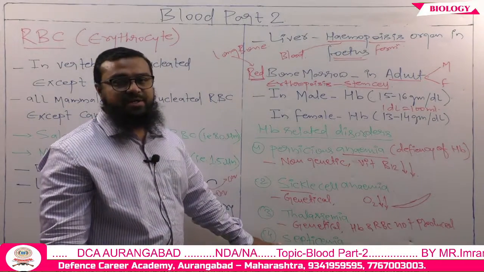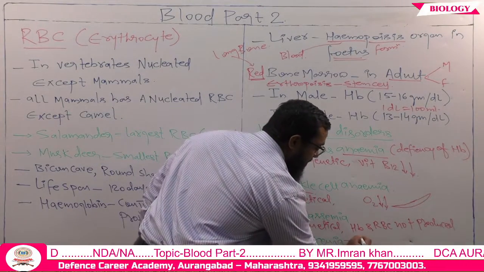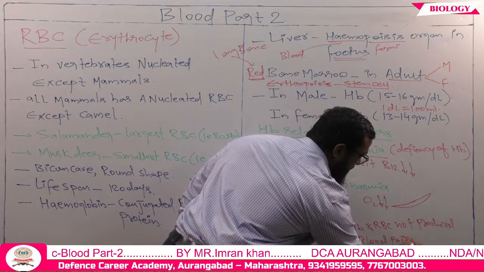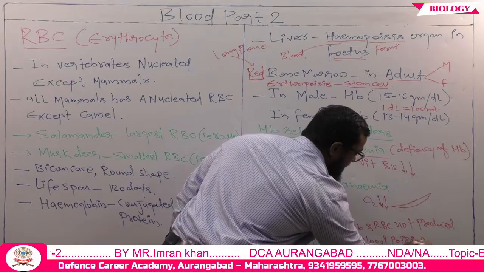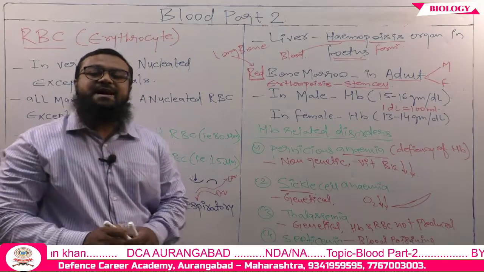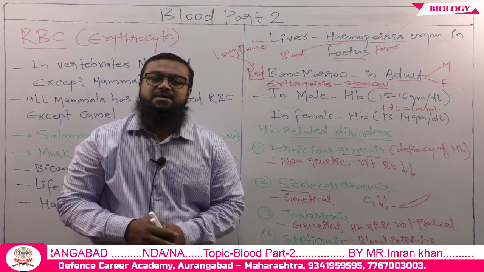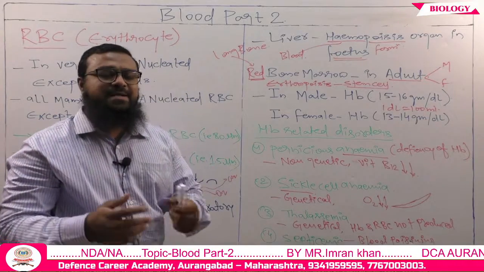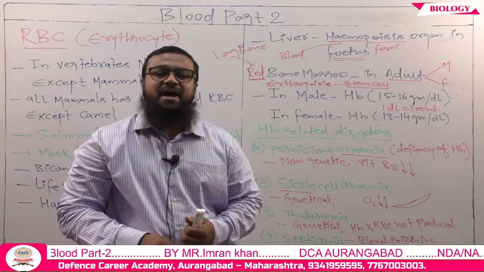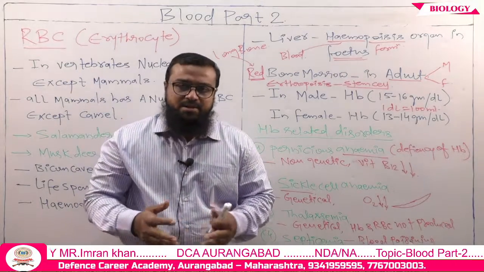The last disorder is septicemia. Septicemia is blood poisoning. If blood is having any types of toxic substances, blood poisoning takes place. Because of that poisoning, any type of blood poisoning causes an effect on the RBC as well, which will affect the HB, and finally it will affect the oxygen carrying capacity.